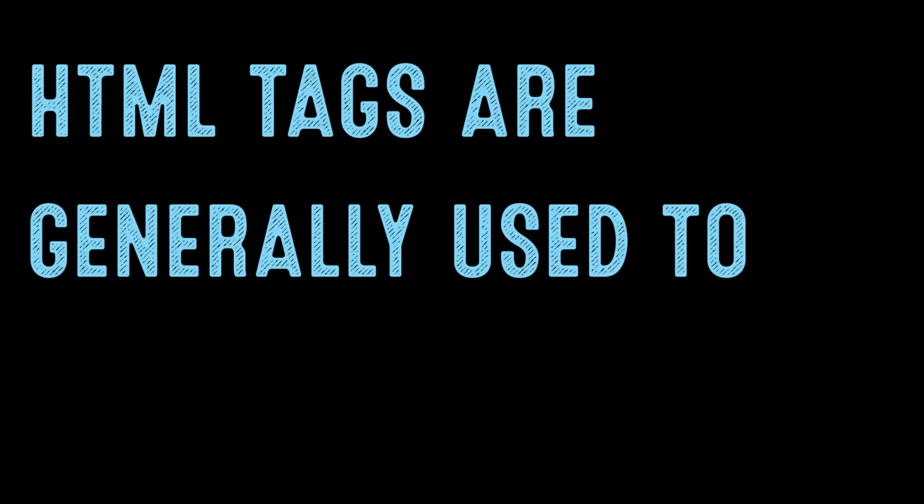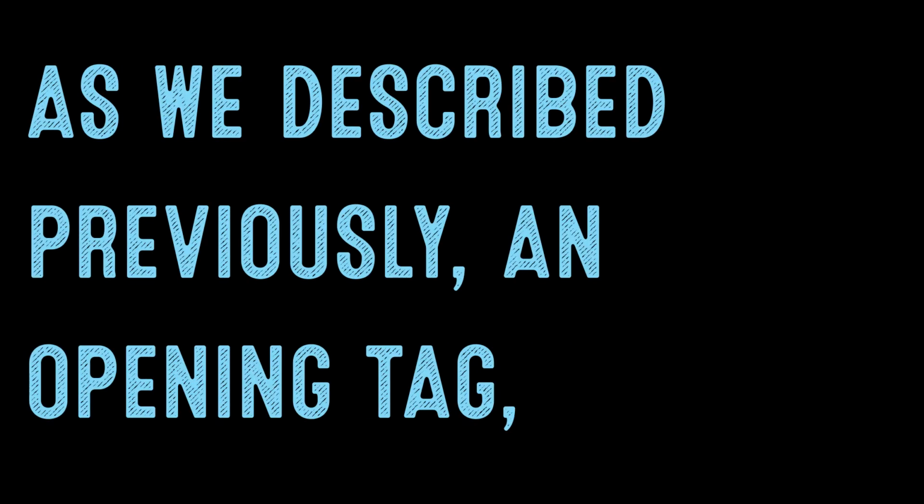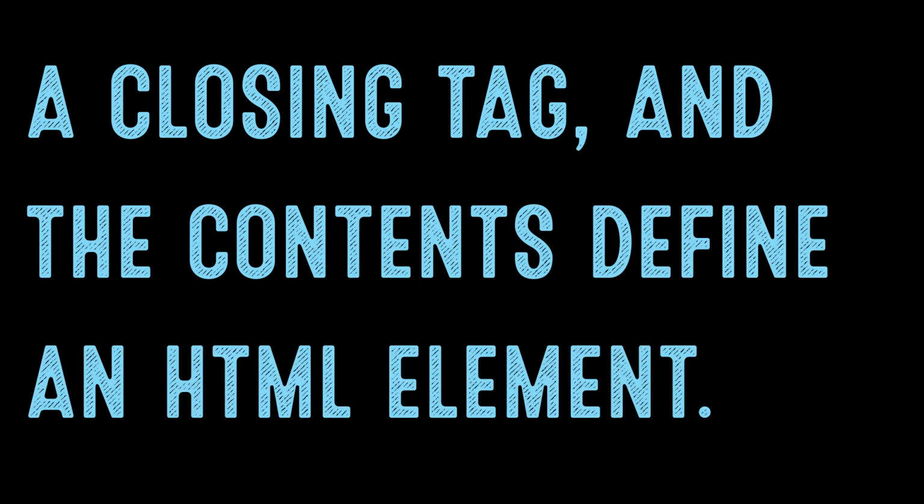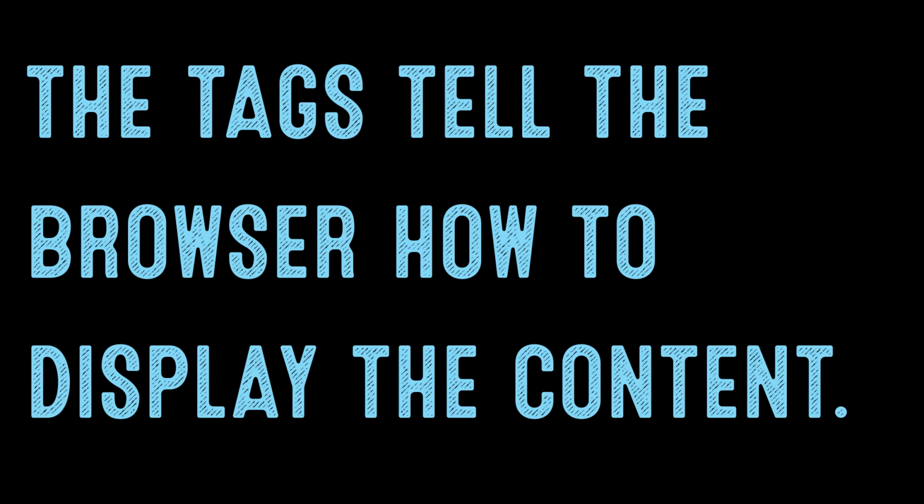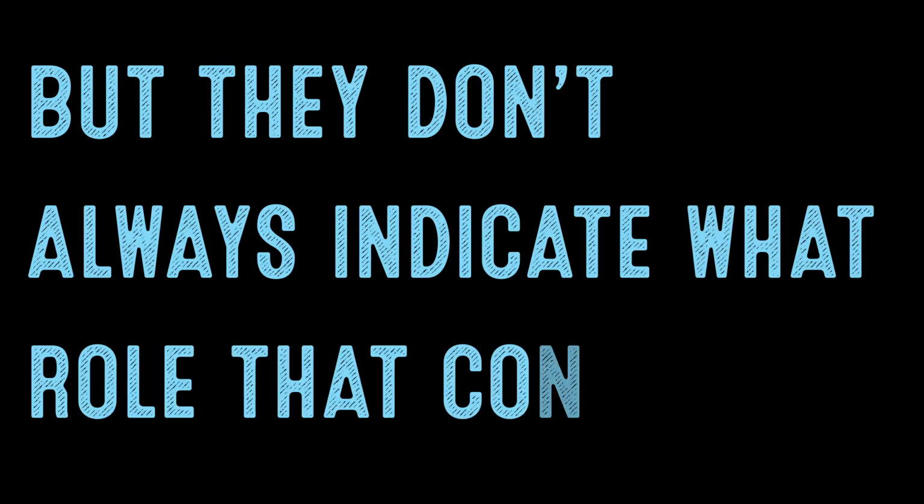The Daily Code Snippet. What is semantic markup? HTML tags are generally used to format content. As we described previously, an opening tag, a closing tag, and the contents define an HTML element. The tags tell the browser how to display the content, but they don't always indicate what role the content plays